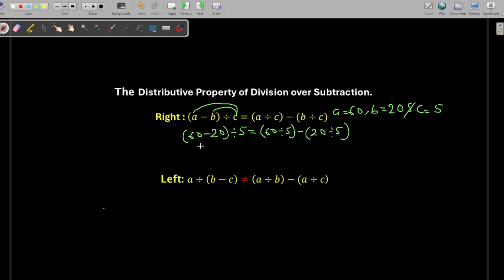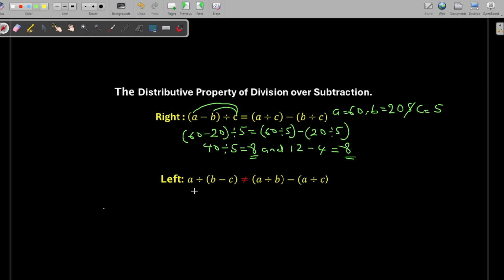So when we simplify this parenthesis, we have 60 minus 20 will give us 40 divided by 5 is equal to 8. So 40 divided by 5 is equal to 8, and 60 divided by 5 will give us 12, minus 20 divided by 5 will give us 4. So 12 minus 4 will give us what? 8. So you can see we obtain the same result. So you can see that division is distributive over subtraction from the right hand side, but not from the left